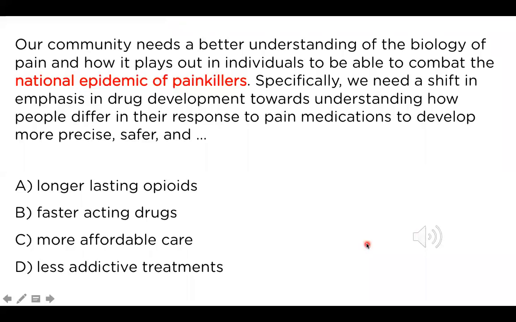Our community needs a better understanding of the biology of pain and how it plays out in individuals to be able to combat the national epidemic of painkillers. Specifically, we need a shift in emphasis in drug development towards understanding how people differ in their response to pain medications to develop more precise, safer, and